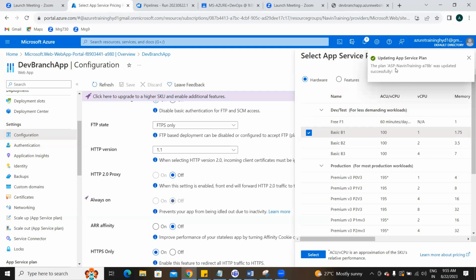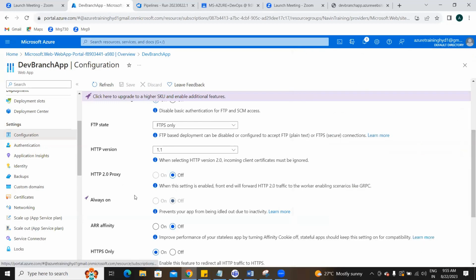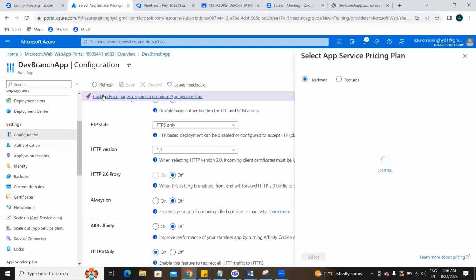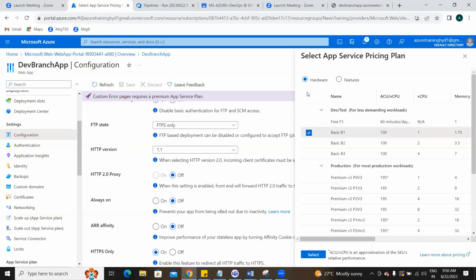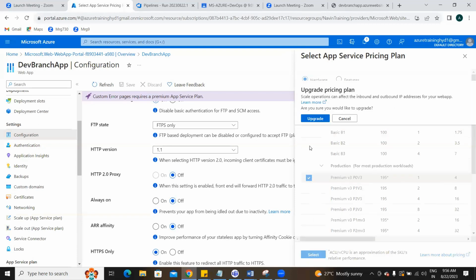It's updating. I'm not able to do it. Why? It is forcing me to upgrade and go with the premium. Then only will it allow multiple environments. Everything is money for Azure, right? All the services. Let's go with the premium.